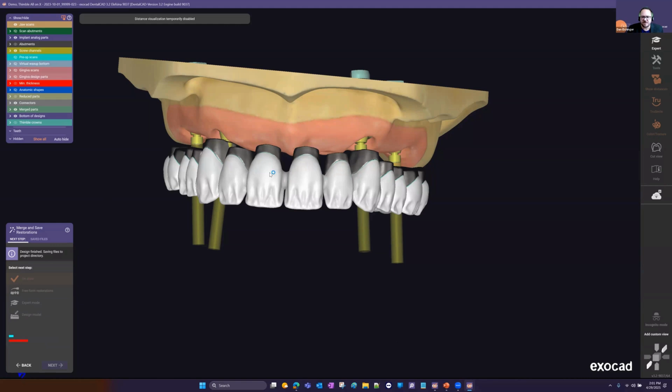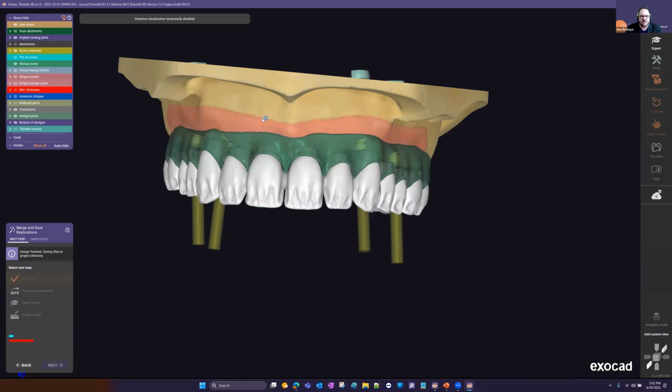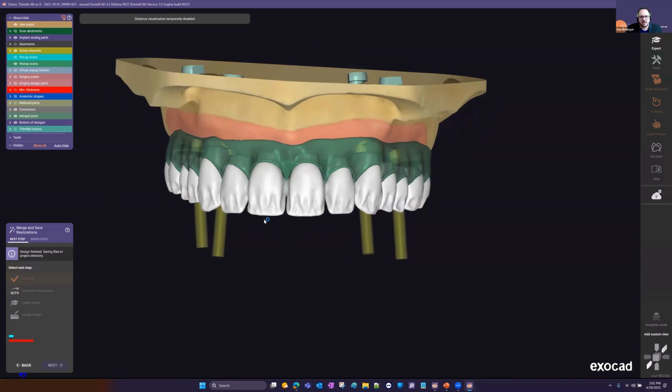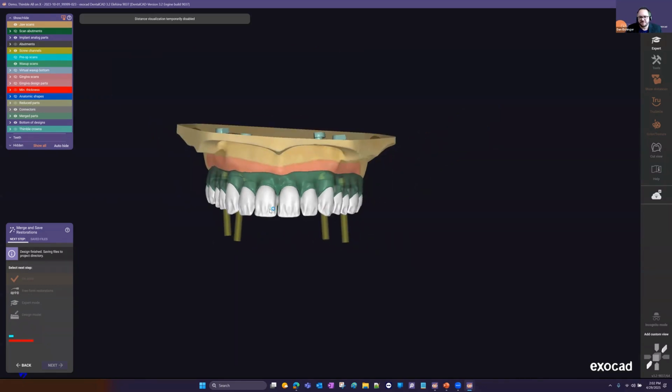Yeah, so at this point, everything's merging together. We did set this up as a bridge, so all of our teeth that we design with the cutback libraries are going to be one piece, and then our gingiva and thimble preps will be a separate piece you'll be able to manufacture. So a couple different ways to go about it. And then I guess from there,